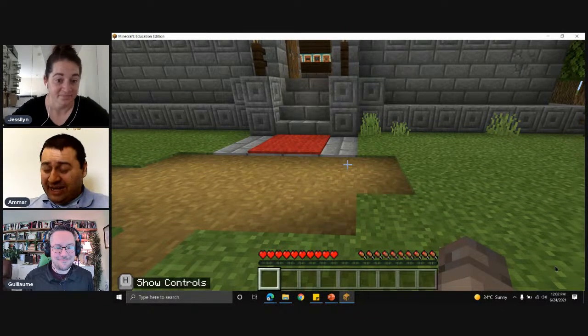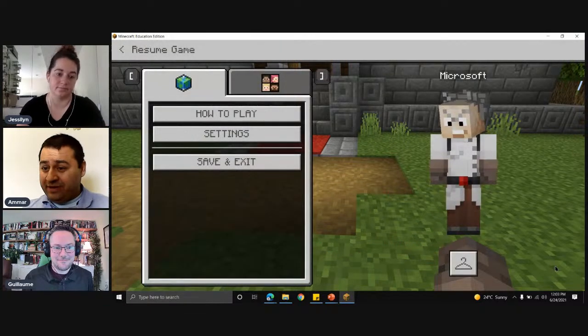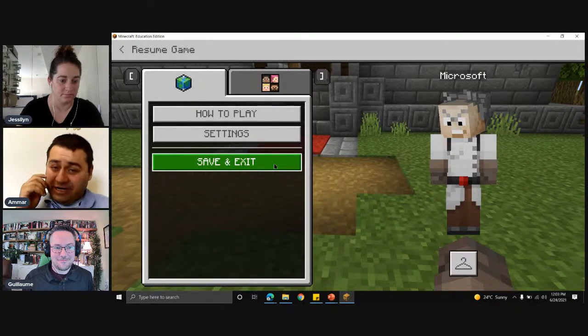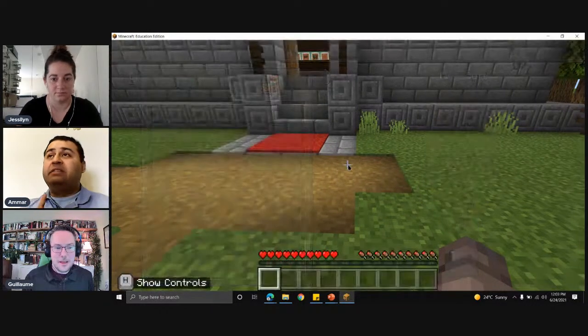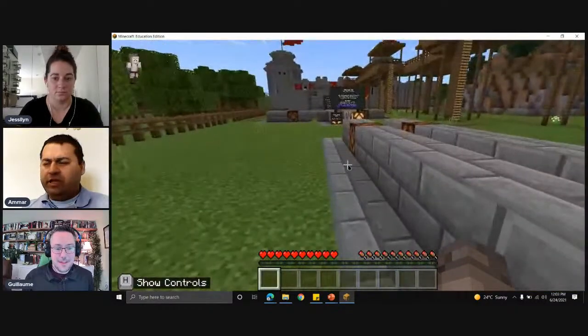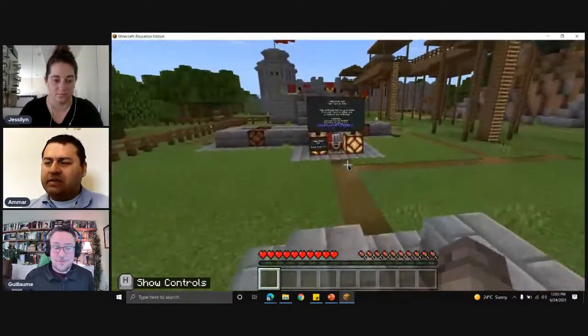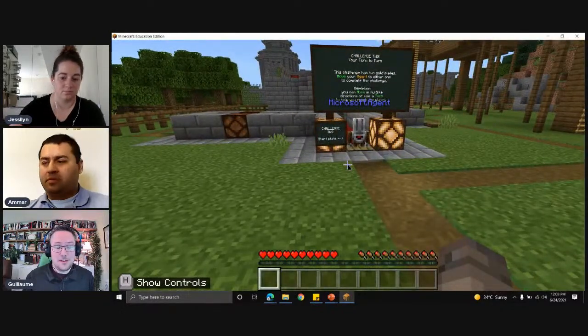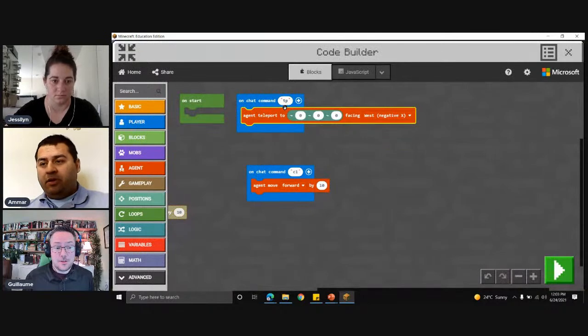The last thing I want to ask you to do if those 2 things don't work is you're going to press escape. You're going to go to save and exit, close the game, start it again. If that still doesn't fix it, send a message. We'll think about it. Anything else come to mind, Guillaume or Justin? There's another possibility, Amar, and that is when you type your command, capital letters can matter.